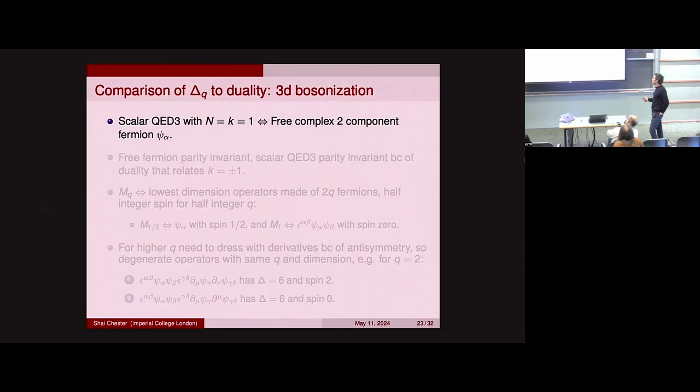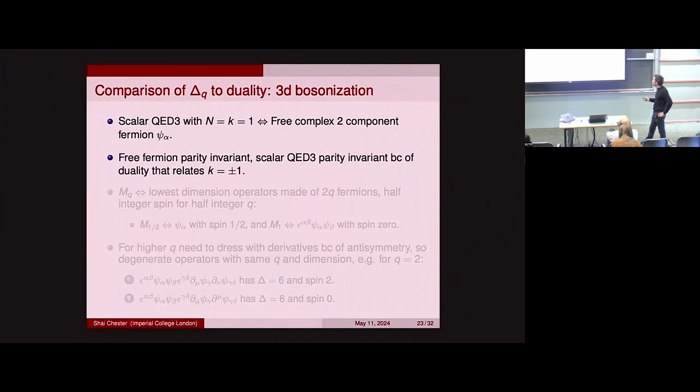which is that scalar QED3 with one complex scalar, Chern-Simons level 1, is dual to a free complex 2-component fermionic theory with fermion psi. So one aspect of this duality which is kind of interesting is that the free fermion theory is parity invariant, whereas scalar QED3 would not, at least from the Lagrangian perspective, seem to be parity invariant because it has a Chern-Simons term. So in order for this duality to make sense, you basically have to conjecture that the k equals 1 theory is related to the k equals minus 1 theory, which is one of the things these people did in their